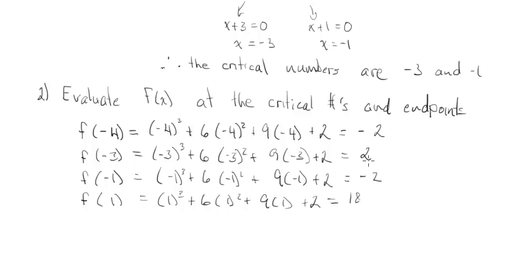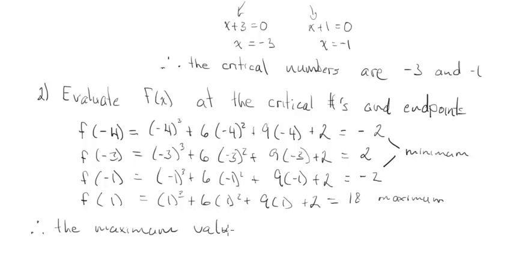So we get these four y values. The maximum is just the biggest one, so that would be 18. And the minimum is the smallest one. These two both are the minimum, and it's possible to have that minimum value occur twice. So therefore, the maximum value is 18, and